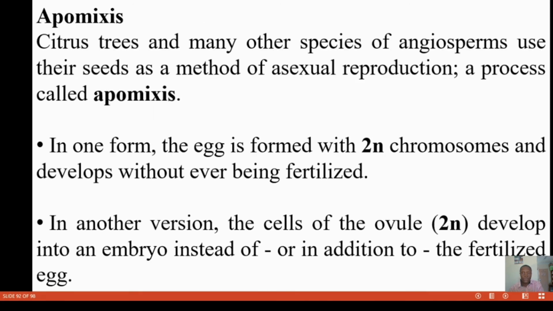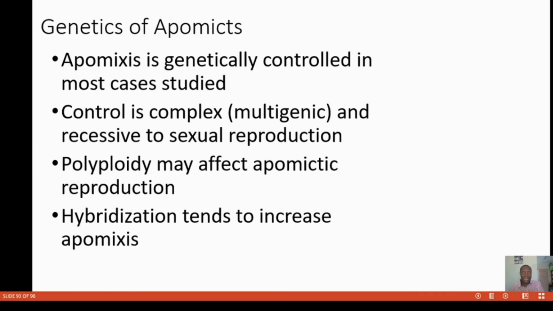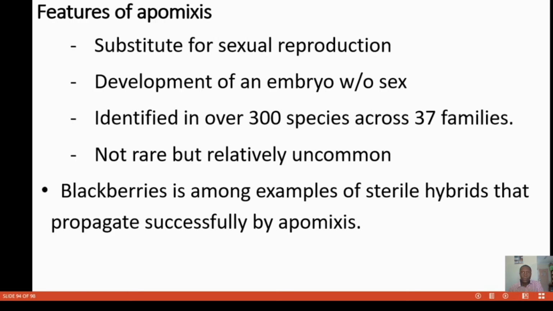And of course, plant breeders have got interested in the issue of apomixis. And as it is, we have the features here,